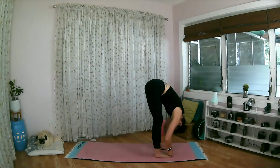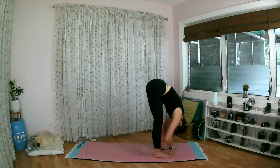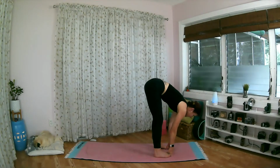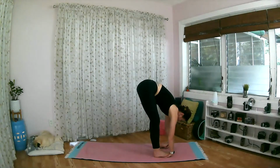Breathing for 2. Breathing for 3. We're going to hold most of the poses for 5 breaths from now on. Breathing for 4. And 5. Inhale, lift the head, look forward. Exhale, slide your hands underneath your feet, bringing your hands